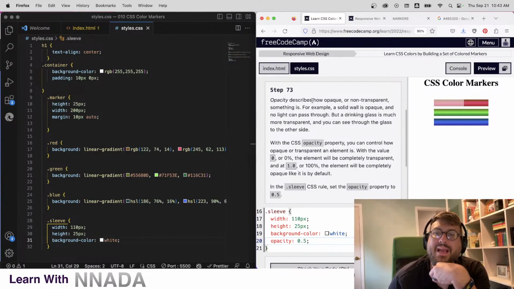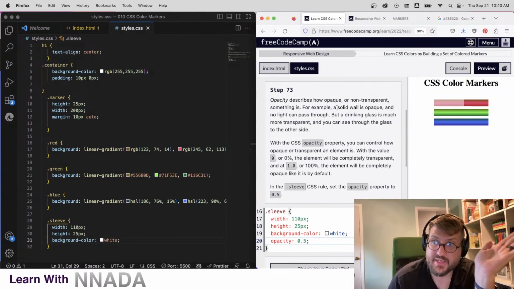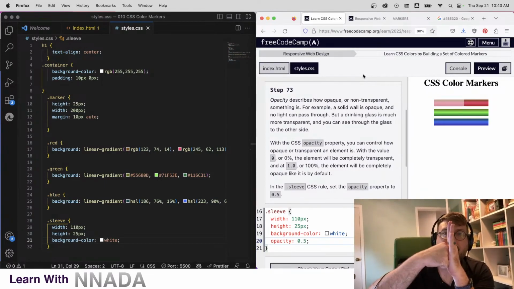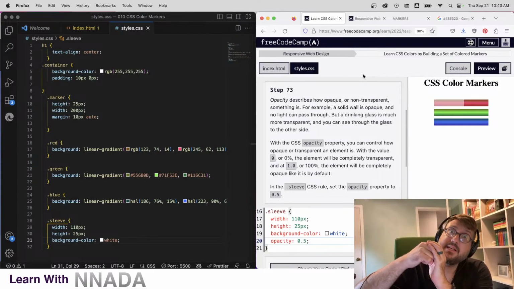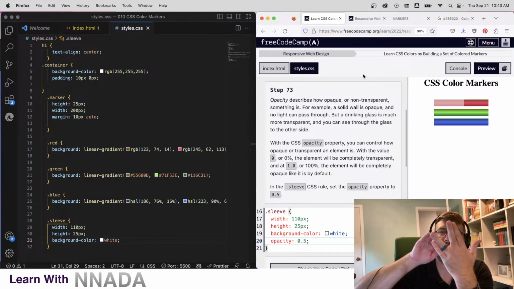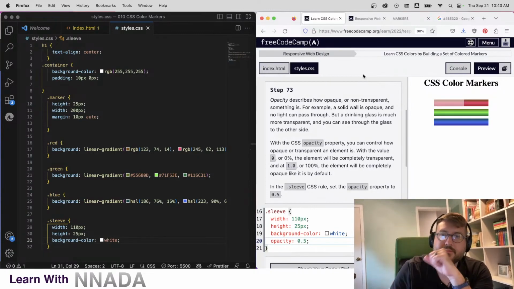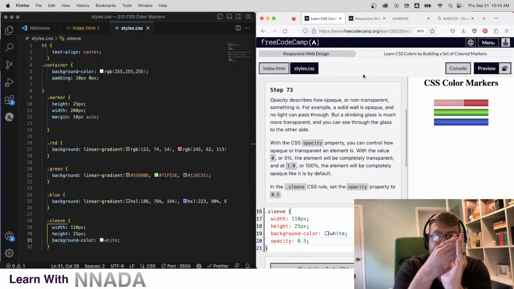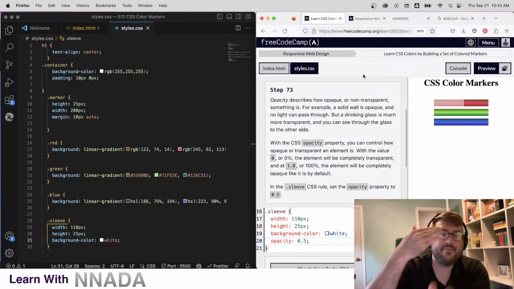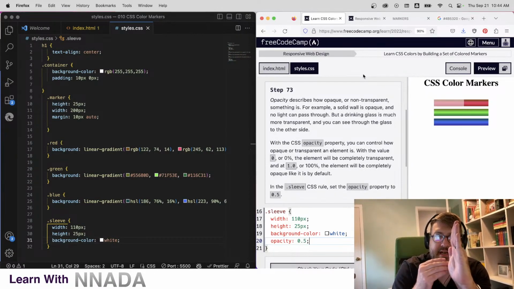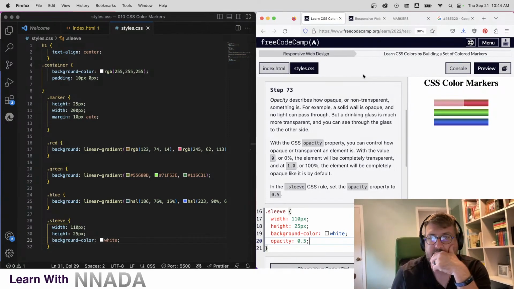Opacity describes how opaque or non-transparent something is. Opaque means you cannot see through it at all. If it's less opaque, you can see a little bit through it. Like this, I don't know. As an example, a little bit can get through. If there is no opacity, if it's 0 opaque, everything comes through. Everything. But if it's 50%, half of it's gone. I don't know how half. That's not half, but